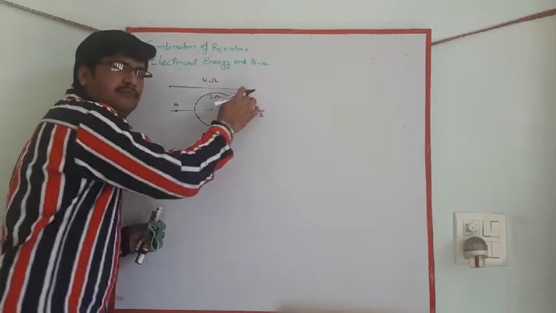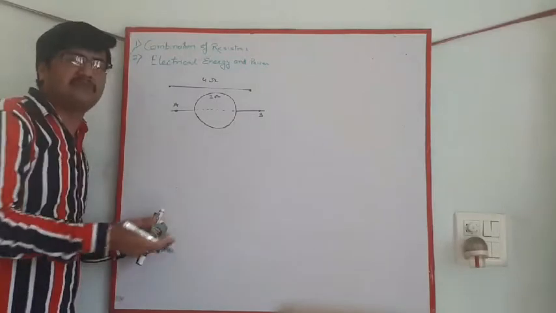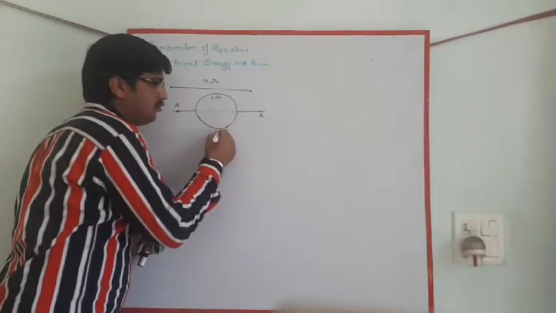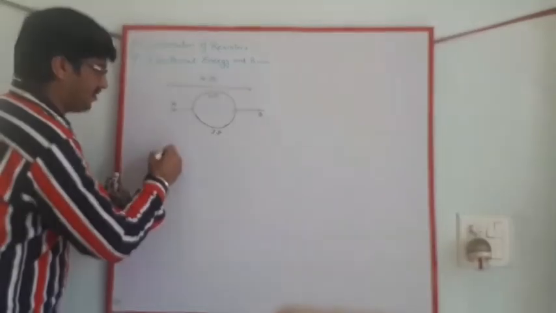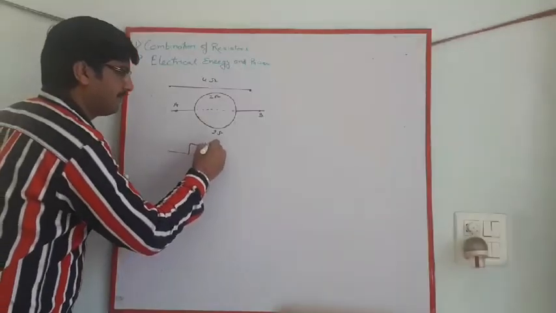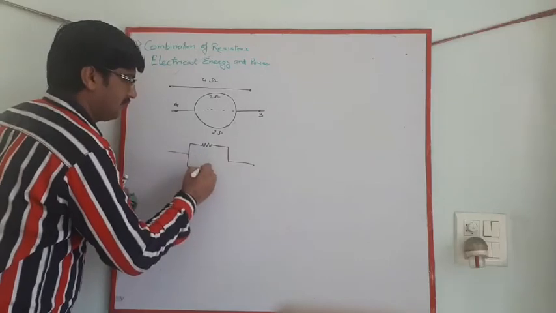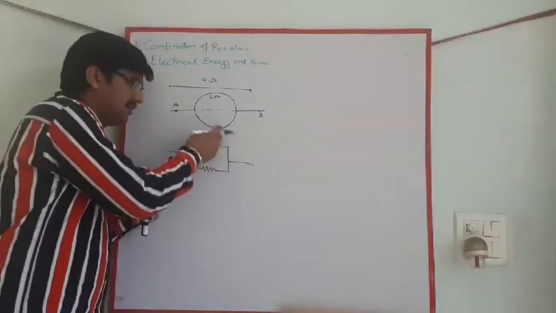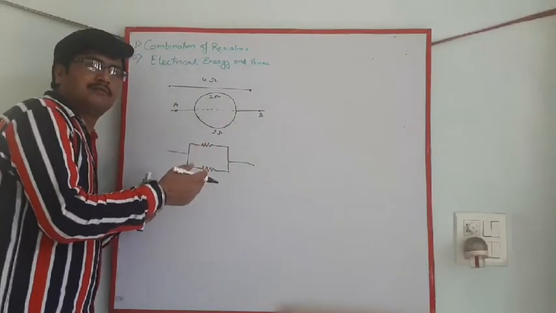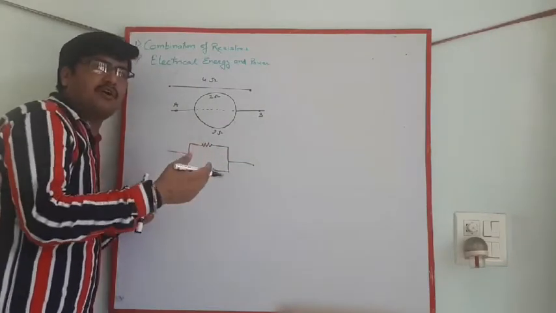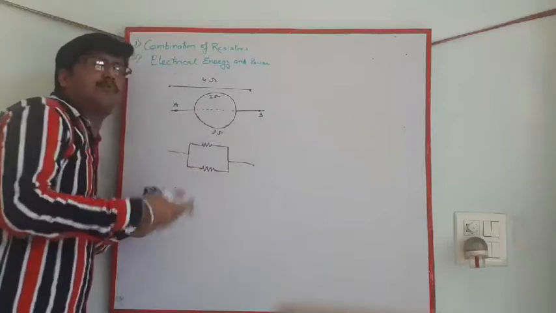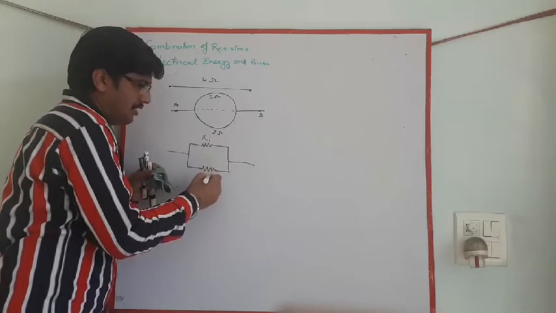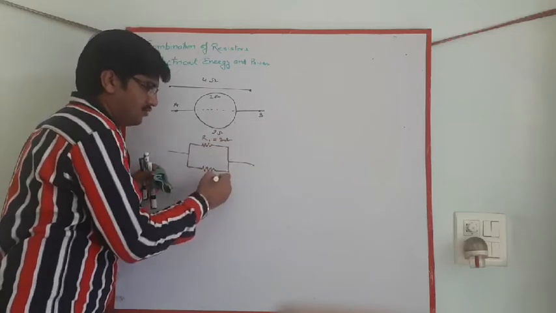Total length having resistance 4 ohm, so half of the length will have resistance 2 ohm. Similarly, the lower part will have resistance 2 ohm. So it becomes like a case of this, which is a symbol of the resistance. No, resistance is not like that, but because this is the hindrance or the opposition, a zigzag path will oppose the flow. So this R1, R2 equal to 2 ohm, equal to 2 ohm.